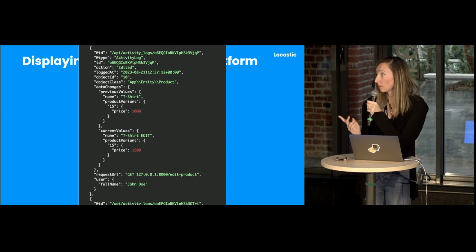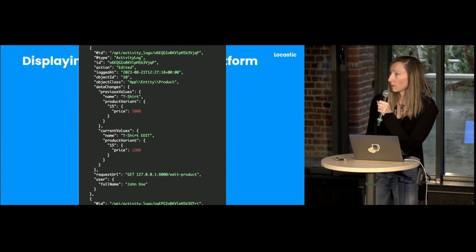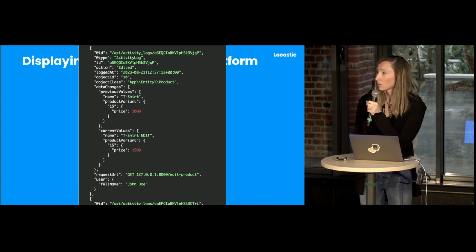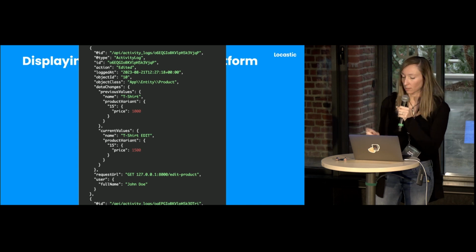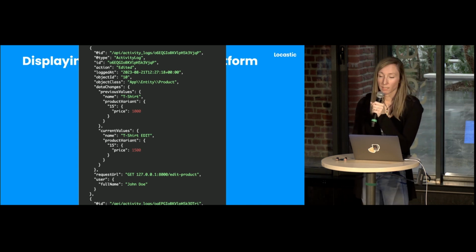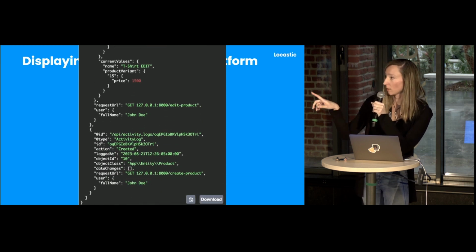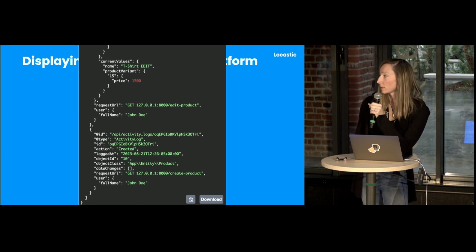Next one is the edit log. And here we can see in the JSON that we have previous and the current values all formatted. So these fields inside the previous and current values will be the same as the fields in the actual product that you expose to the end user using the API platform endpoint. So the front-end developer can know exactly which fields he can expect for a single class. And lastly, we have a delete activity log. Oh, sorry, create.